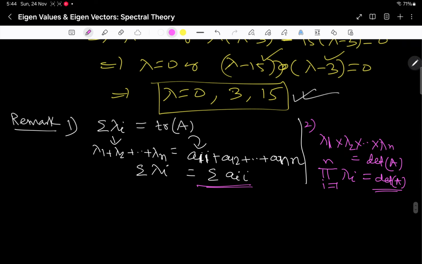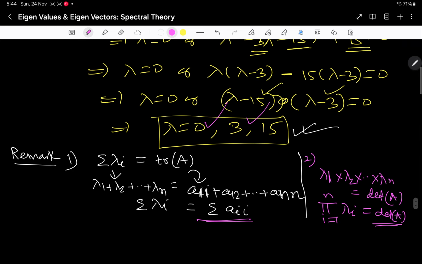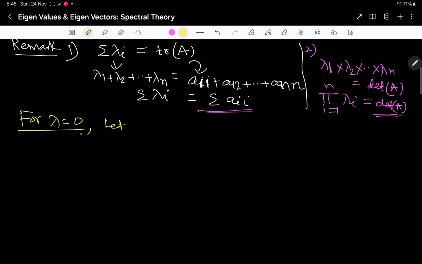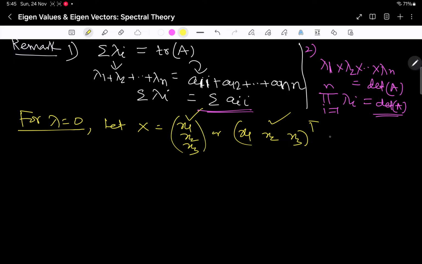Now, corresponding to each eigenvalue we have an eigenvector. Since the order of the matrix was 3, we got 3 eigenvalues. Now we will get 3 eigenvectors, corresponding to 0, similarly for 3 and similarly for 15. So for lambda equal to 0, let x is equal to x1, x2, x3, or we may write it as x1, x2, x3 transpose. In order to write in a line, you may write like this or this. Let this be an eigenvector